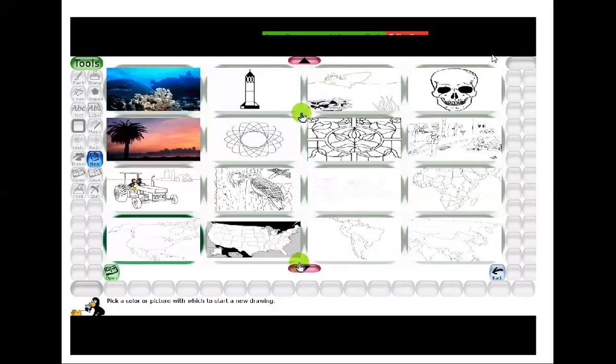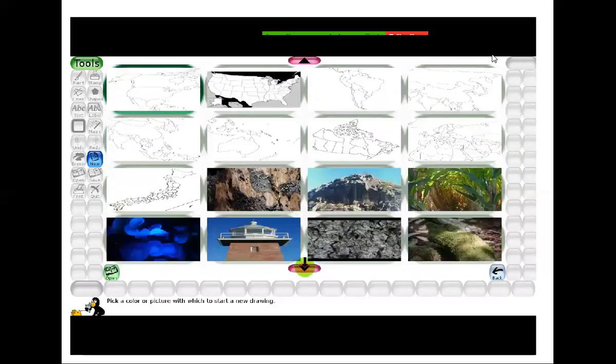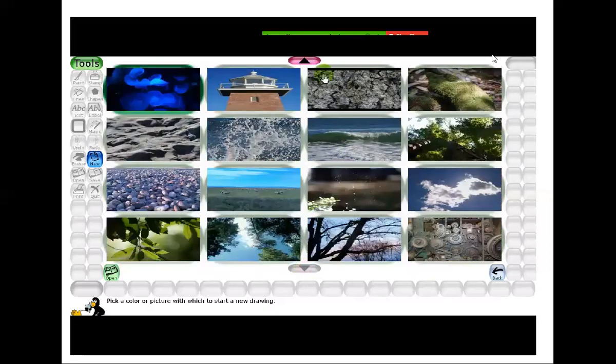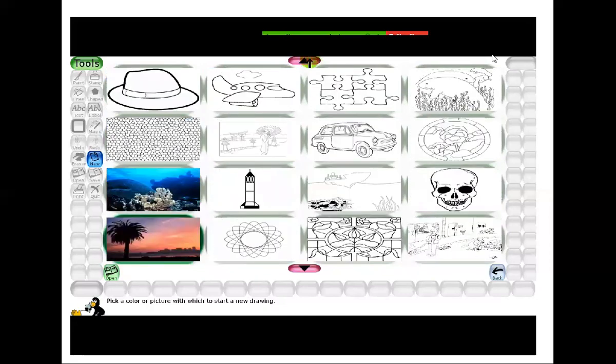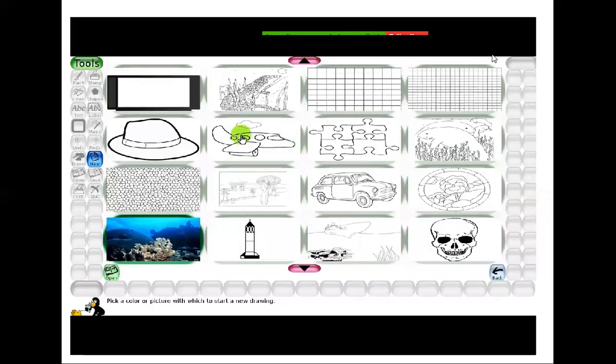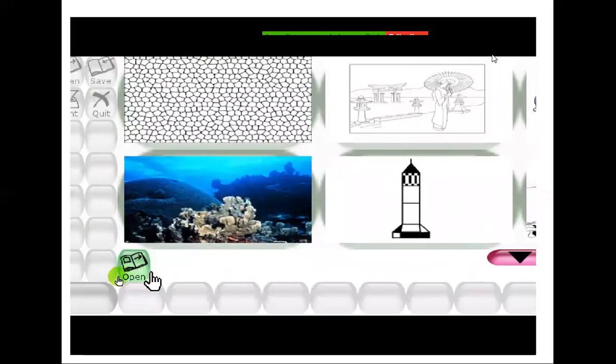With this up arrow and down arrow, you can select different ready-made pictures in the Tux Paint program. So I'll choose this aeroplane. To choose any ready-made background or picture, you just need to click on that. I have clicked here, and then after clicking, you will click on the open button.